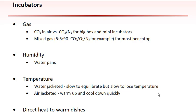The inside may be heated by heating the outer jacket of the incubator. Outer jackets may be filled with water or filled only with air. Each has its advantages and disadvantages. Water-jacketed incubators are slow to come to equilibration, but also slow to lose their temperature in the event of power